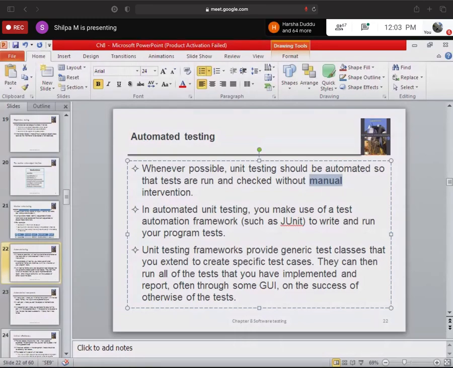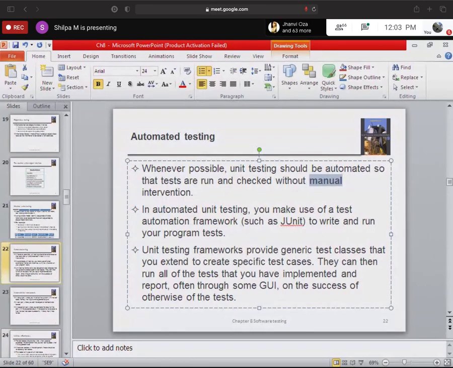Yeah, good, both of you. Manual testing means there will be a tester, like I told you. Some person will be doing the testing job. He will test every case and see what the input is and what the output is. But in automated testing, we use tools, or special software.